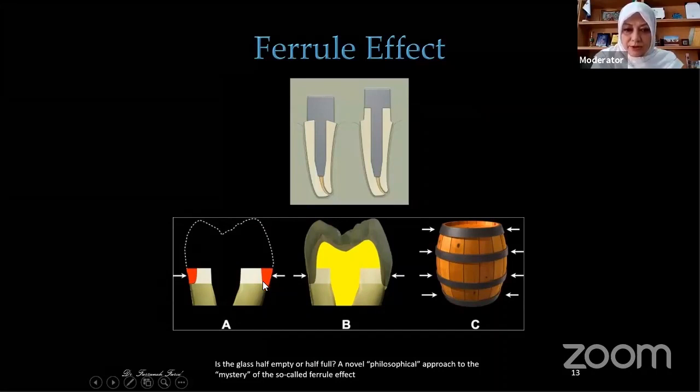the part of the restoration, the metal band around this part of the tooth that is coronal to the finish line, provides something that is called Ferrule Effect. Ferrule Effect is like the effect of rings around barrels that prevent the planks from being separated. The longer the Ferrule effect is, the longer the remaining tooth structure height is, the more the tooth is resistant to the lateral forces. So if you are going to use